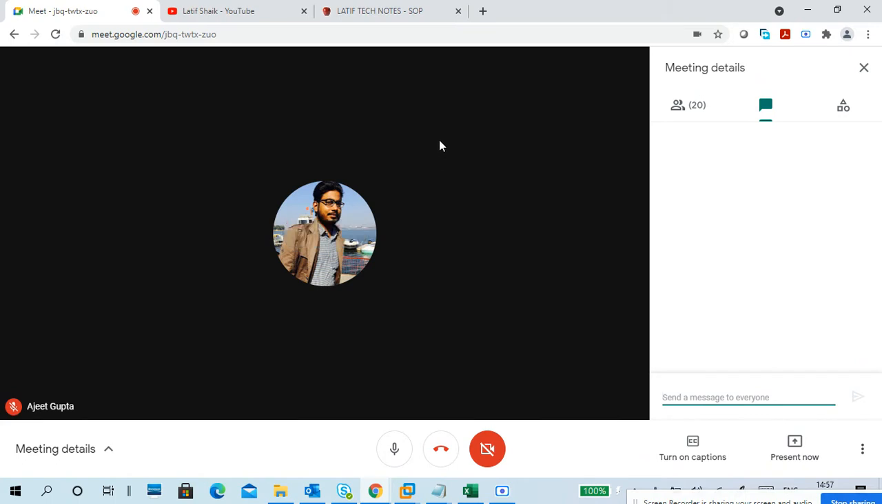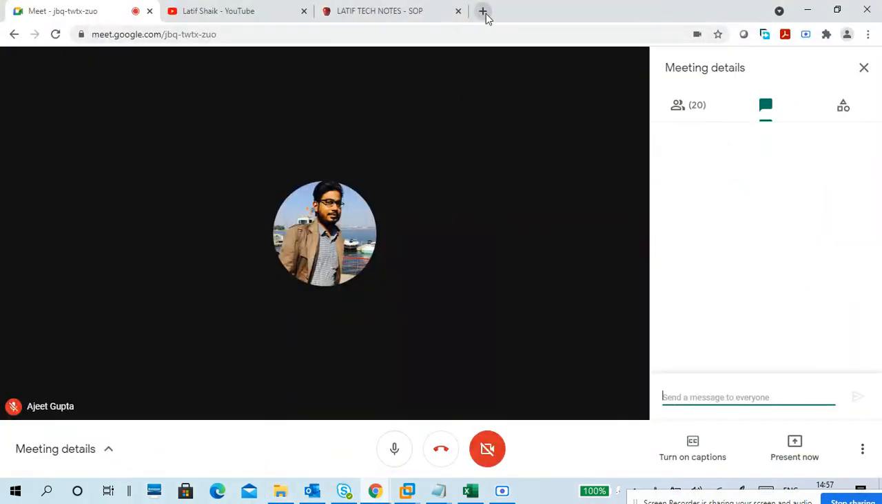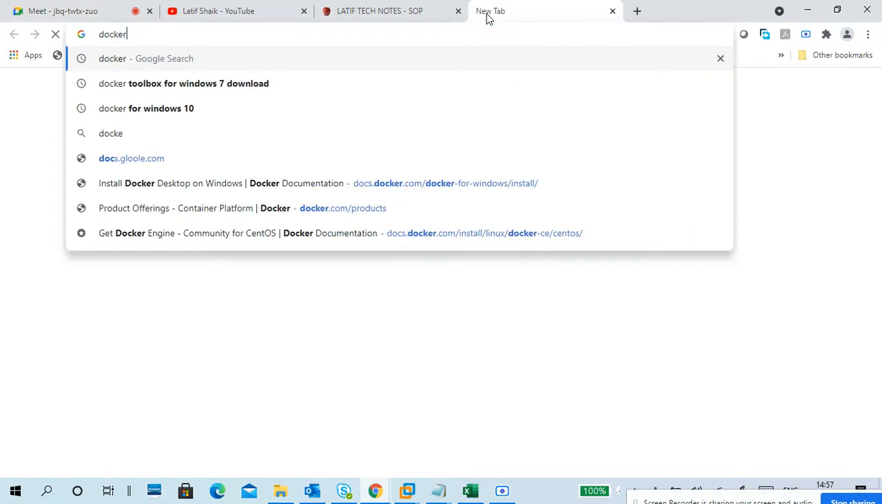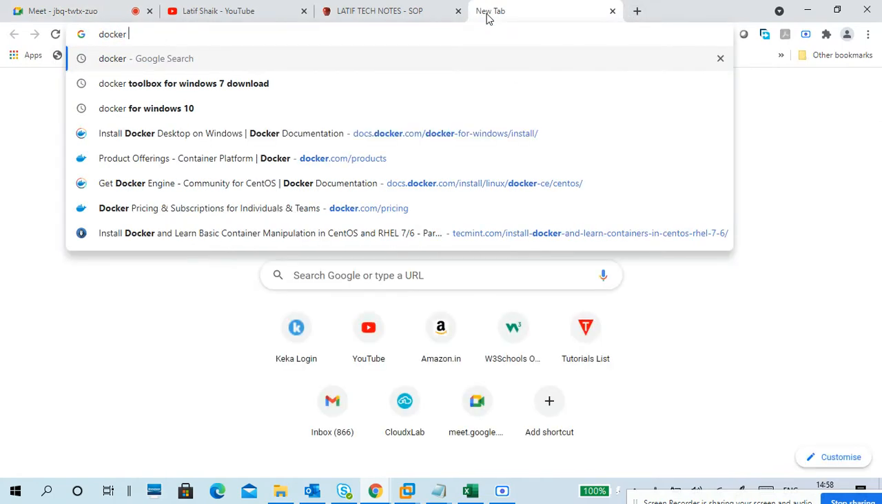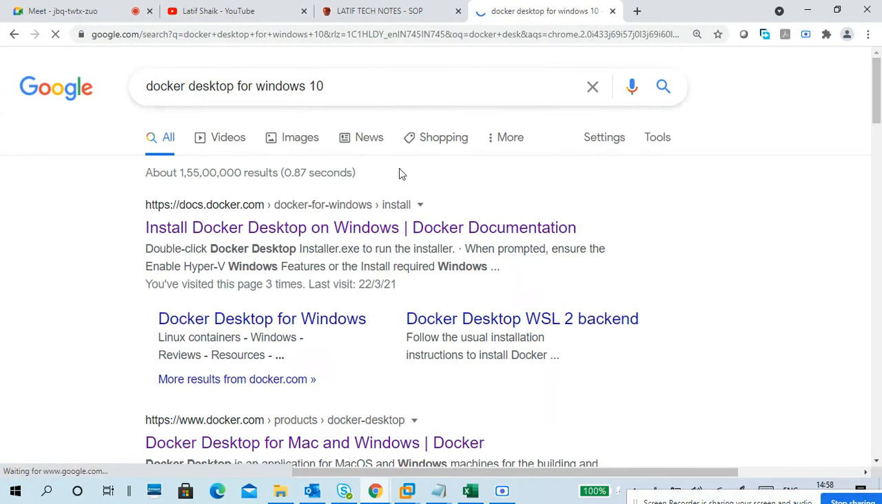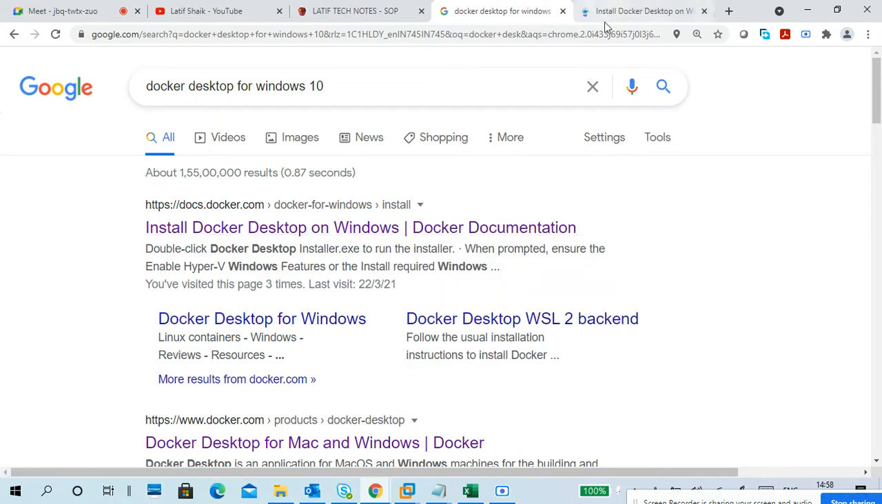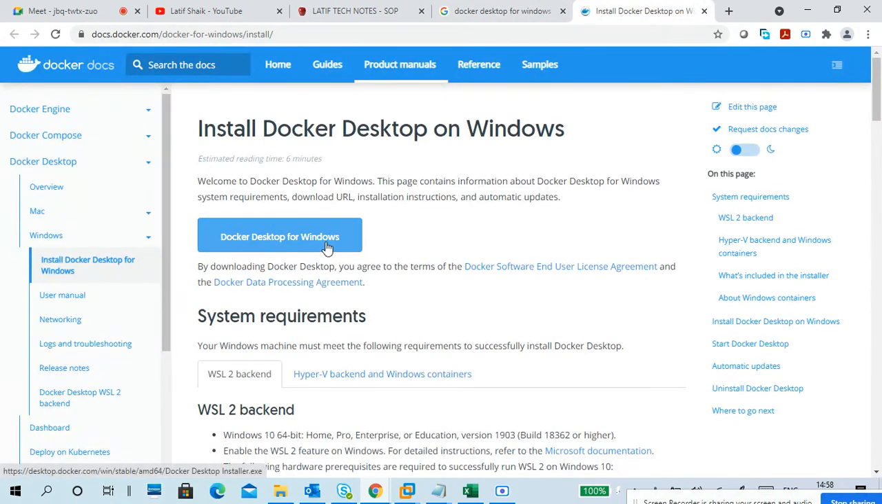So I'm trying to install Docker again. You know how to download Docker. I'm downloading Docker Desktop for Windows 10. I'm using Enterprise. So you can see this is Docker Desktop. Okay. So yes, in the last video I created, that is